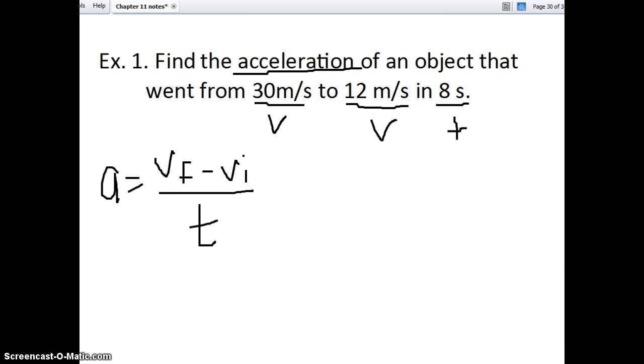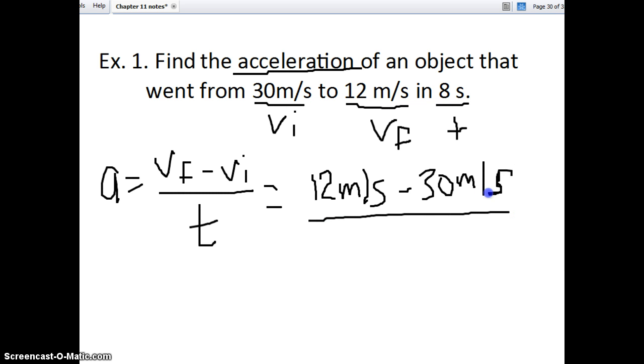The biggest problem kids have is figuring out what the Vf and the Vi is. If it goes from 30 meters per second to 12 meters per second, that means you're ending at 12. So this is your final, and this is your initial. So we're going to have the Vf was your 12 meters per second, and you're going to subtract the 30 meters per second